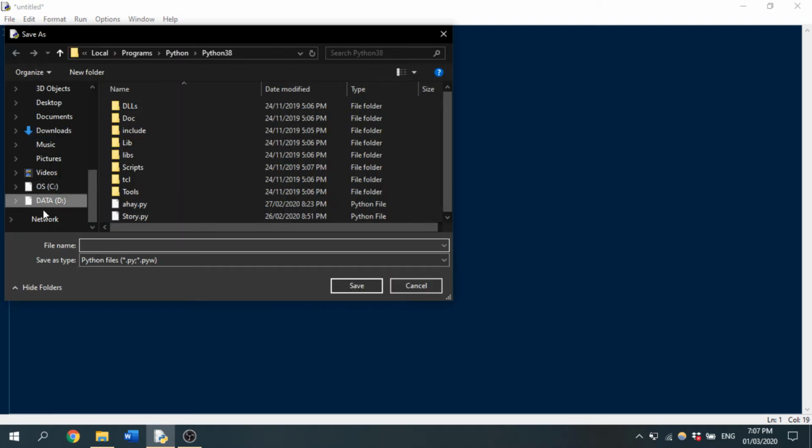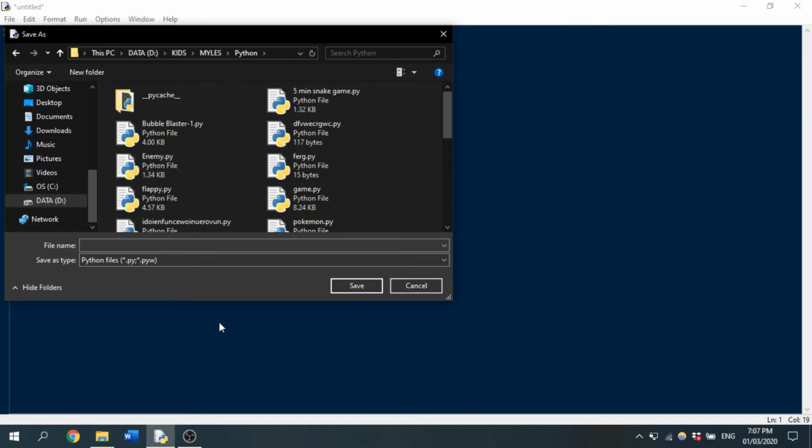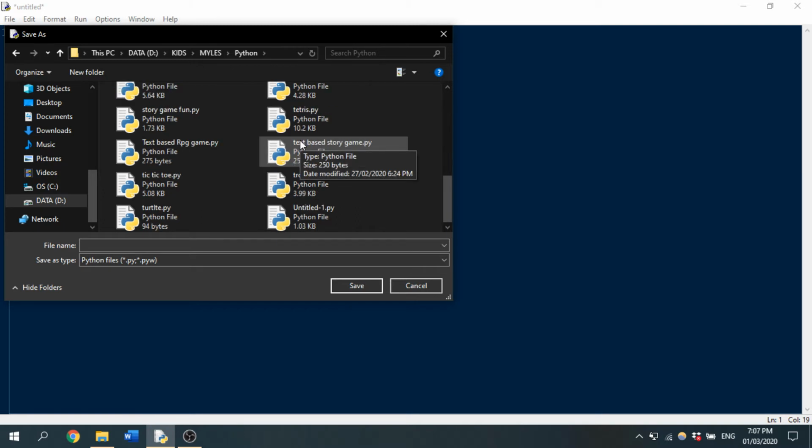You have to save it so you can name it and go to your folder. I keep it in my private folder. It's not private anymore because I'm showing it. And here are all my programs. Yeah, most of them don't work because I didn't have time for all of them to be debugged. I'm going to be teaching you guys in a new tutorial how to debug the code in your programs. So I'll just name this test server or anything you want. You can name it anything you want, and this has to be saved as .py